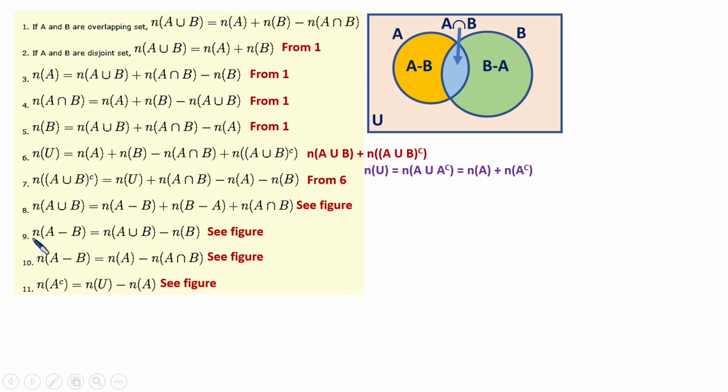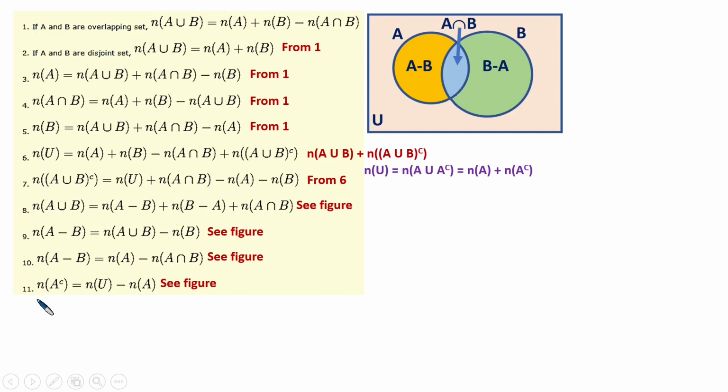So similarly I can write the number of elements in A minus B as the number of elements in A union B, this full thing, orange, blue and green, minus this green and blue, that is B. So this I have written minus B. So that will give me the orange region, the number of elements in the orange region. So similarly the number of elements in the orange region is the number of elements in A minus the number of elements in this blue region you subtracted. So now I think you are becoming expert at how to do this kind of manipulation